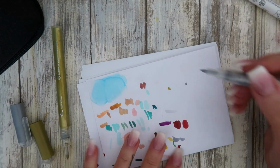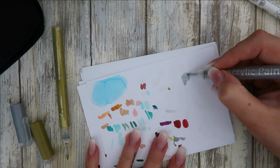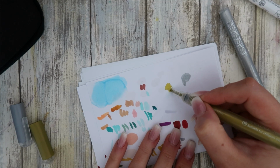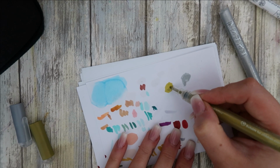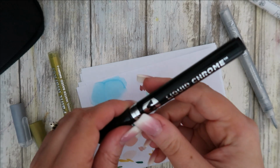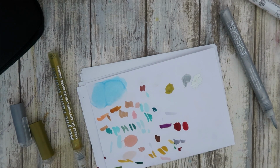Oh, look at this. So let's put a good amount down. Now I'm going to test this against that liquid chrome pen that I've got. Oh, the gold is beautiful. Look at that. And it flows beautifully as well. The liquid chrome is this one. I don't think it's, no, it's nowhere near as good as that one,